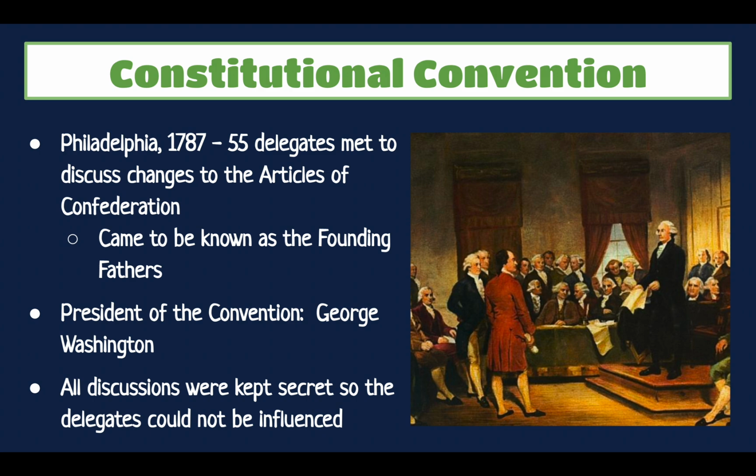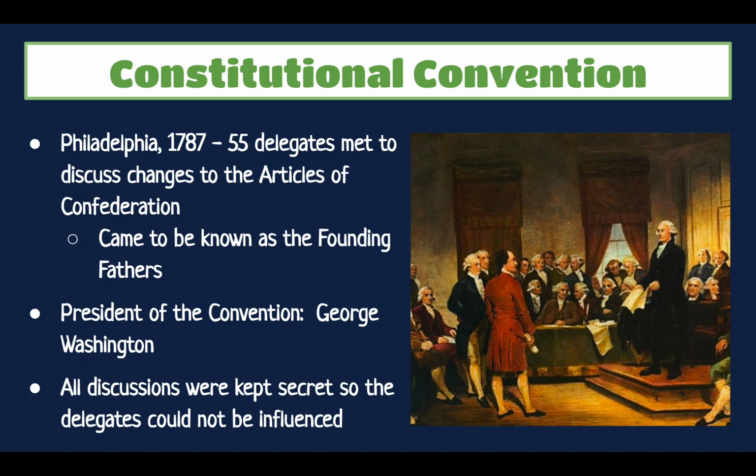And so in Philadelphia in 1787, a group of delegates met together to discuss changing the Articles of Confederation. But you might remember that amending the Articles of Confederation required a unanimous vote of 13-0. And so what these delegates wound up doing instead was rewrite them completely by eliminating them.